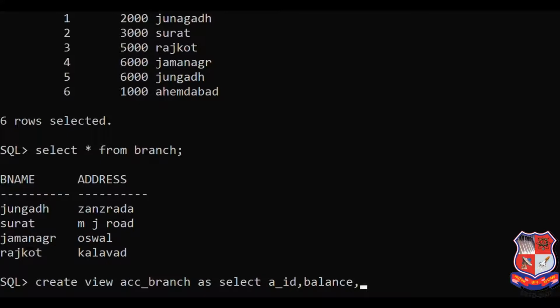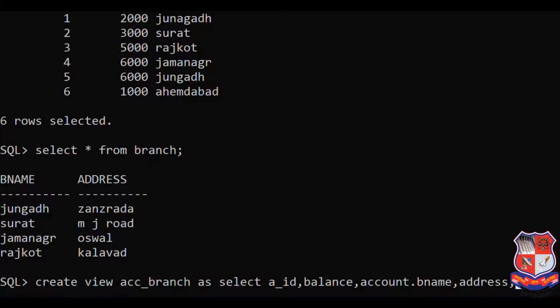To avoid ambiguity, I have to mention account dot branch name. That means in the select query, account dot branch name returns the branch name held by the account table. There are three columns in the account table: account ID, balance and branch name.